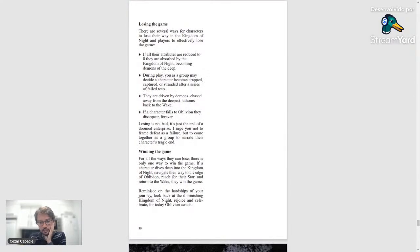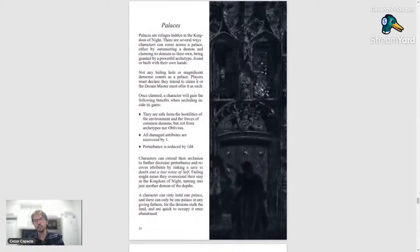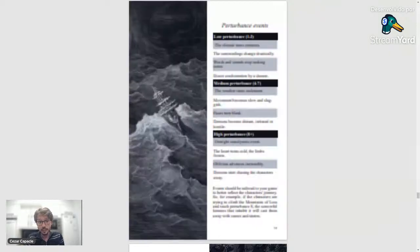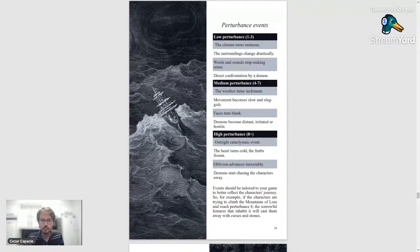Cool. So I really like the general aspect of it. The art is very, very evocative of a certain feel. And you see that despite being, I'm assuming, public domain images, they relate to the chapters we're looking at. That's something I can't always accomplish when I am using public domain images. Sometimes they feel a little random, but here they feel very in place. So we're talking about perturbance. Here's perturbance, palace and palace,